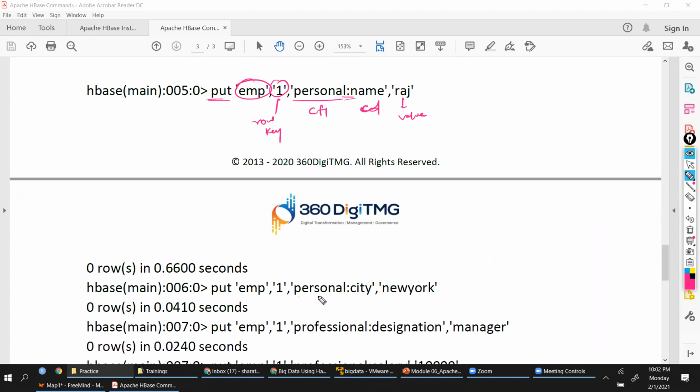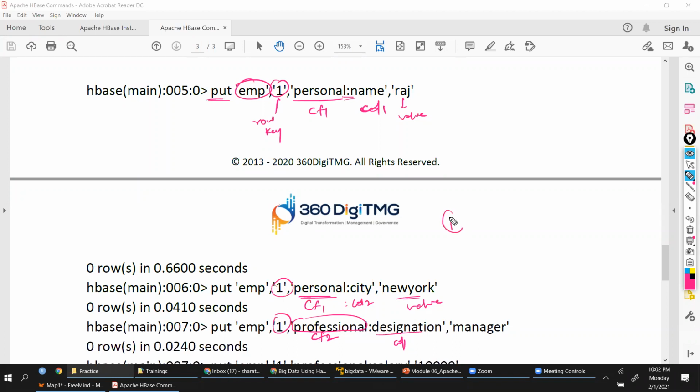Here also I say personal. This is column family. But this is column 2. This is column 1, column 2. So within the personal column family, I have 2 column names. This is the value again. Whereas this one is professional, a new column family, and for that I have another column. I'll say column family 2, column 1. And for all these, the row key is the same.